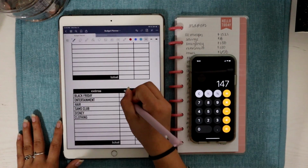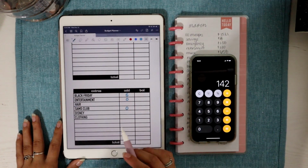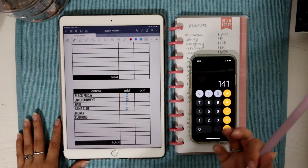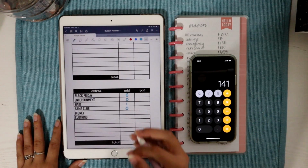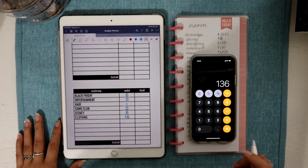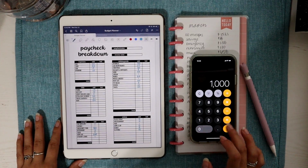I'm not going to give entertainment anything, and I'm not going to give Sam's Club anything. Black Friday, we'll go ahead and get $5. Then we have hair, so hair will just get 1. I might change that to personal or something so that I could use it for tattoos, hair, or whatever I want. So it's just going to get $1. Disney is going to get 5, so minus $5, and then clothing, we'll give it 15, so minus $15, which we started with 1,000 and we have 121 left, which means we will be stuffing